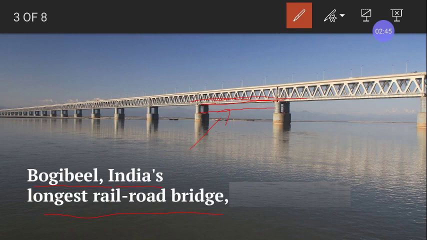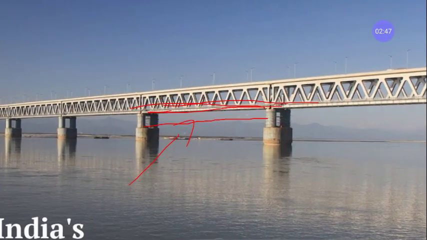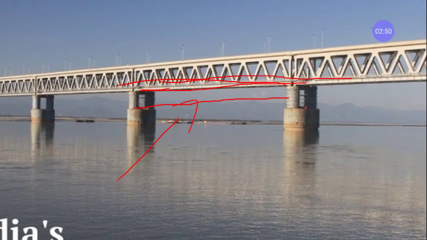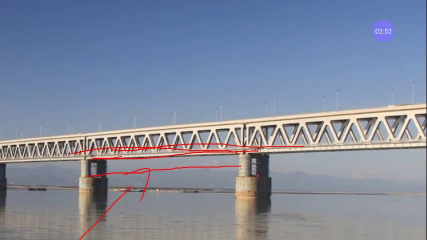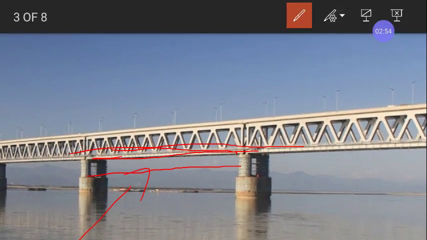Above this, if I zoom this image, can you see these street lights? The road is constructed above the railway, after keeping proper gaps and space for the movement of the train.